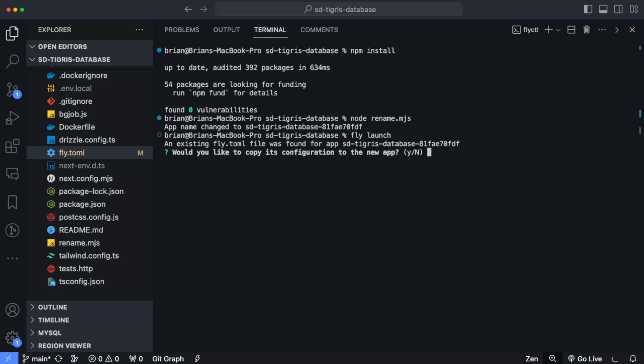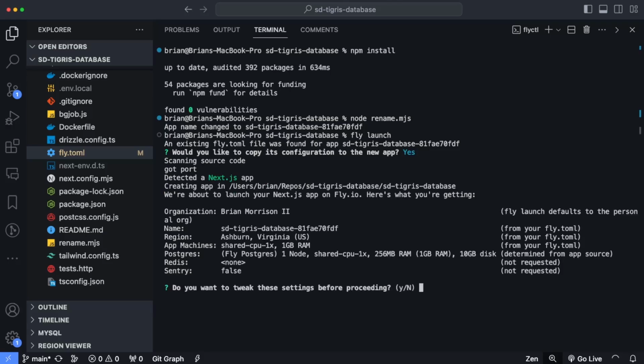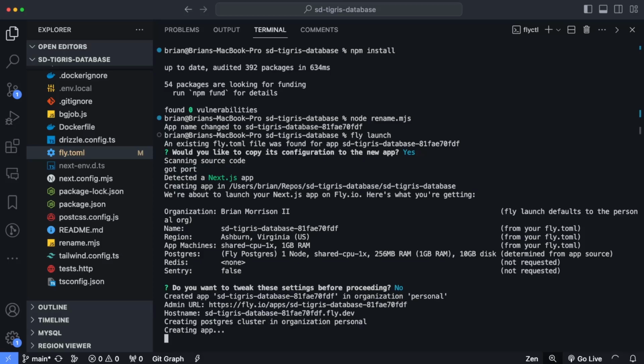It's going to ask if we want to use the existing TOML file. We'll go ahead and type Y for yes. And then finally, it's going to ask if we want to tweak any of the settings. This deploy process will automatically detect that a Postgres database is needed, so we can just go ahead and click enter, and it will create all of the necessary infrastructure inside of Fly, with the exception of the Tigris database,